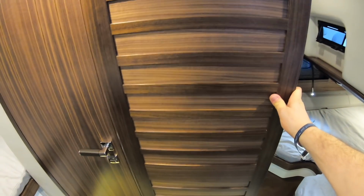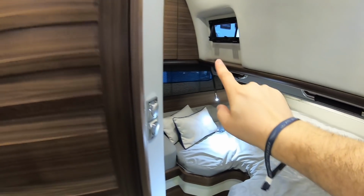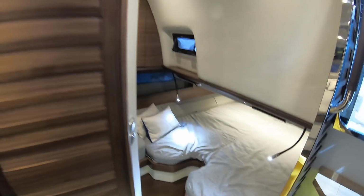It's a rather neat feature because when it's open, it completely disappears. It just locks into place like that. And when that's closed, they've got a little window there, and they've got hull windows, so there's light and there's ventilation into there. And the other thing that's down here, of course, is